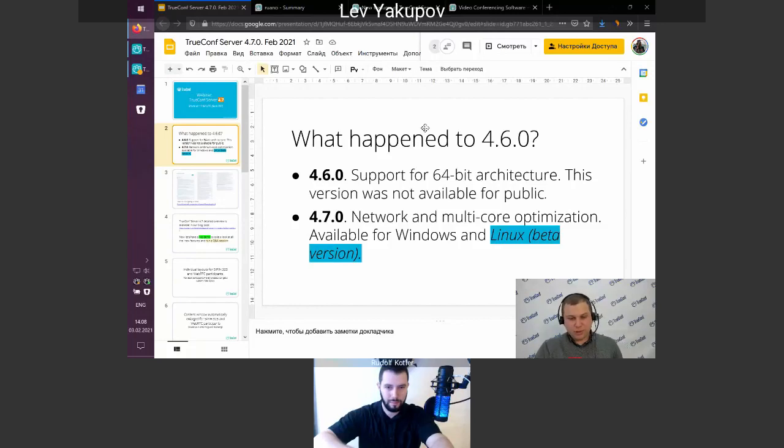So what does it mean for your users, for your customers, and for yourself? It is now possible to host very, very large conferences. Starting from version 4.7, we increased the size of the conference up to 1,000 participants. Before, it was not possible because we were limited by the bandwidth. Now we reached the bandwidth limit of up to 2 gigabits per second, so 4 times larger on dedicated machines. And on virtual machines, it is a little bit lower.